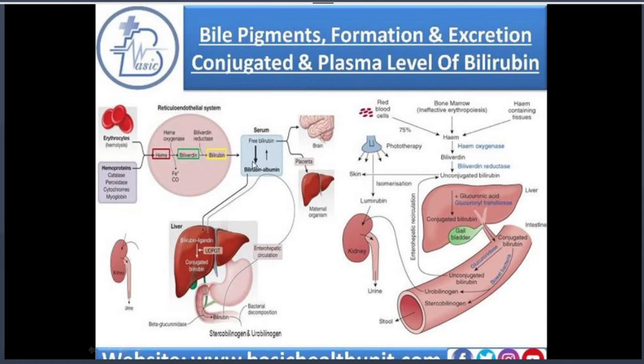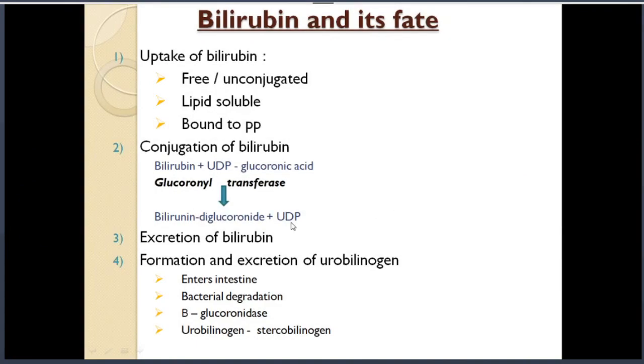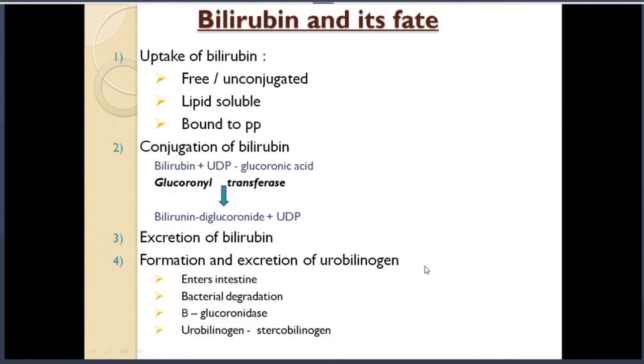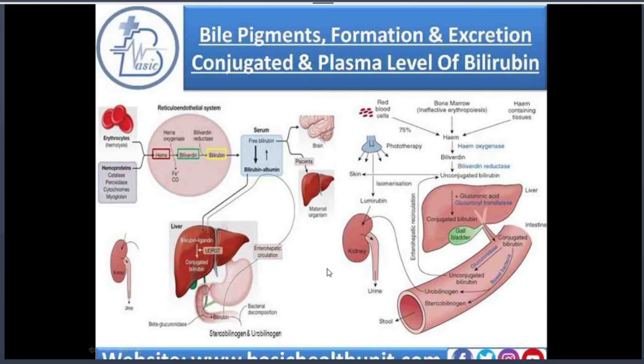But the albumin bound bilirubin cannot pass the kidney, cannot pass the glomerular filtrate. So it is not excreted. The unconjugated bilirubin or free bilirubin is not water soluble, cannot pass into the urine. So this bilirubin diglucuronide can be excreted through the kidneys, but only in very small portions. This conjugated bilirubin then again enters the intestine through the bile. With the bile, it enters the intestine.